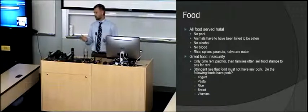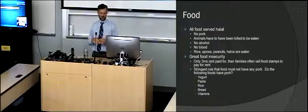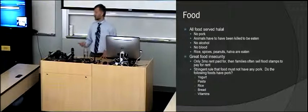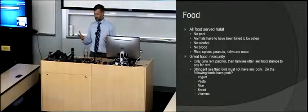And there's no pork, because pork is considered a dirty animal. Their food is basically rice, spices, peanuts, and halva, and according to USDA recommendations, it probably wouldn't meet the requirements for a well-balanced diet. So you have all of these nutritional challenges. They don't have the knowledge or access to their food, and they're already sort of set up